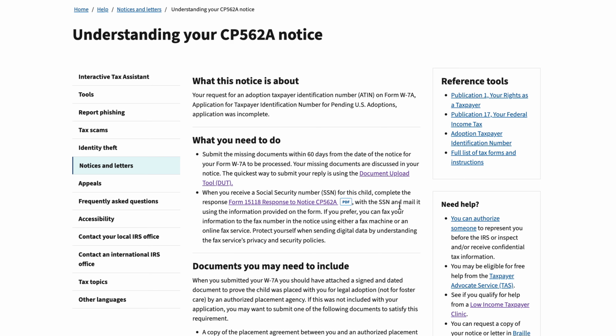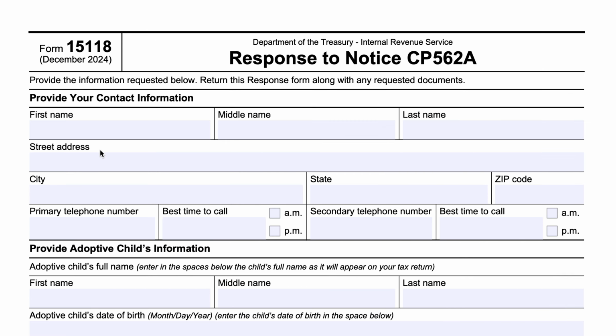You could complete that form, somehow sneak the social security number in there, and then mail it to the address using the information on the form. You can also fax it. So let's go ahead and complete this. Let's just say that John Q. Doe